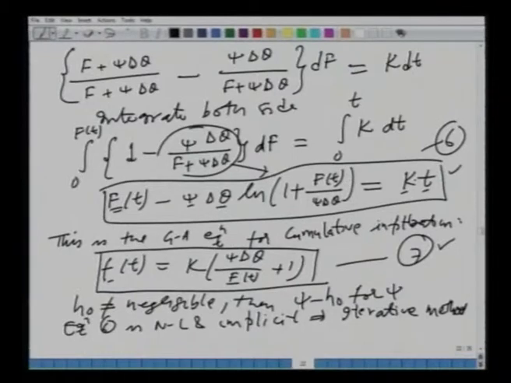The other thing we said is one of the assumptions was that the ponding depth H naught we took was negligible, in deriving these equations 6 and 7. However, if that is not the case, then all we need to do is instead of psi we just take psi minus H naught, and we replace psi by psi minus H naught in all these equations, and we will be fine with that.